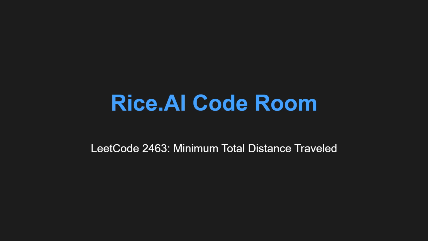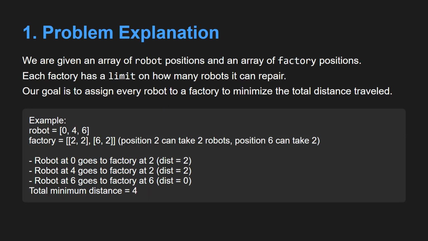Today we are tackling LeetCode 2463, minimum total distance traveled. Let's explain the problem. We are given an array of robot positions and an array of factory positions on the x-axis. Each factory comes with a limit on how many robots it can repair. Our goal is to assign every robot to a factory such that the total absolute distance traveled by all robots